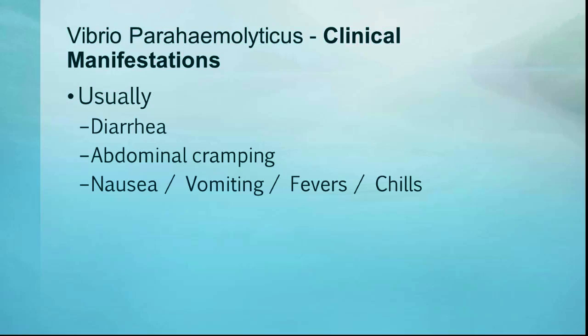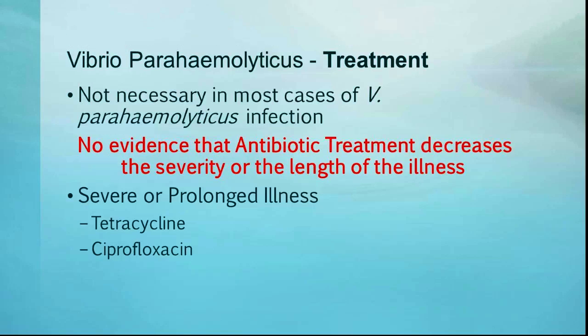The clinical manifestations of Parahaemolyticus are a little different than the other two. It usually tends to cause a diarrheal illness, and so they have watery diarrhea, a lot of abdominal cramping, nausea, vomiting, fevers, and chills. So that's the kind of syndrome they have when the patients present. You suspect it usually if a patient has some sort of saltwater exposure, they ate some raw seafood, and they have this diarrheal illness, then that should be in the back of your mind to think about Vibrio